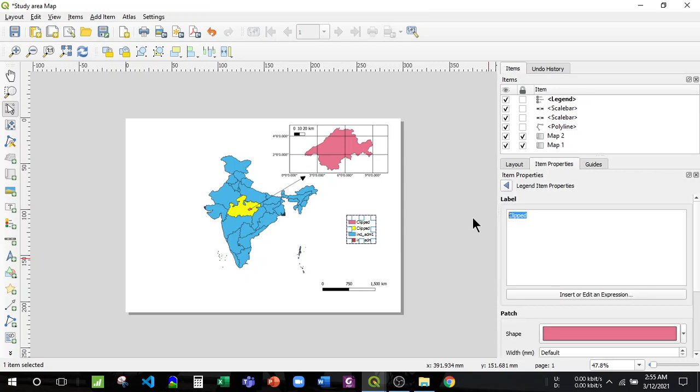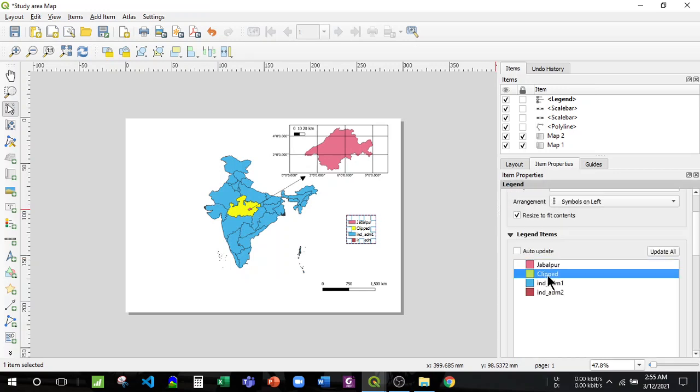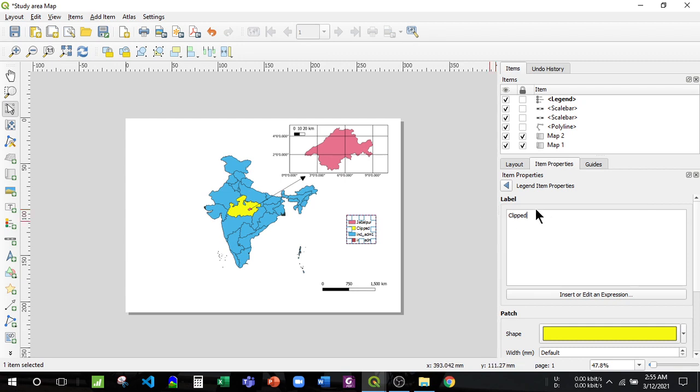This was Jabalpur, this was our study area, that is Jabalpur. Then this was Madhya Pradesh.